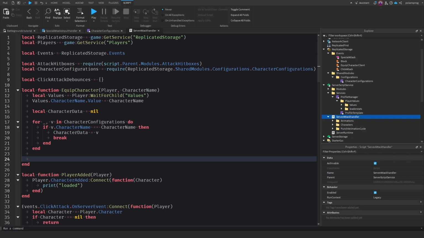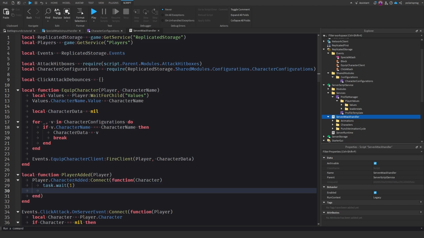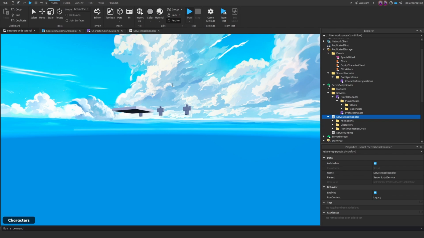And now we're gonna do events.EquipCharacter:FireClient, and we're gonna send the player and the character data. And in here, when the player is loaded, we're gonna wait 1 second after the character is added, and we're gonna do equipCharacter, and we're gonna send the player, and let's say we wanna equip the hunter. And now if we play the game,